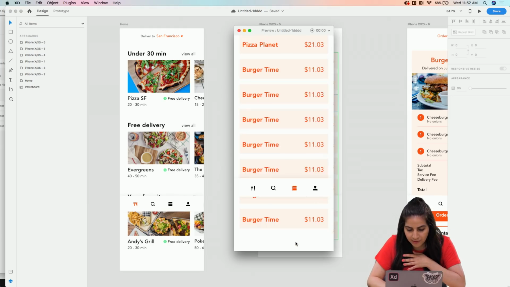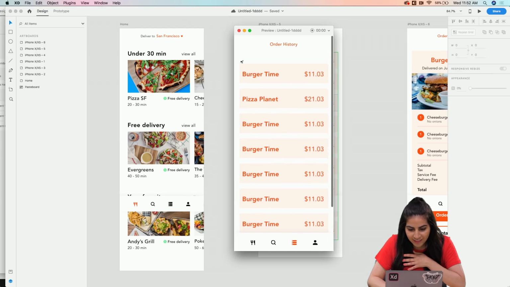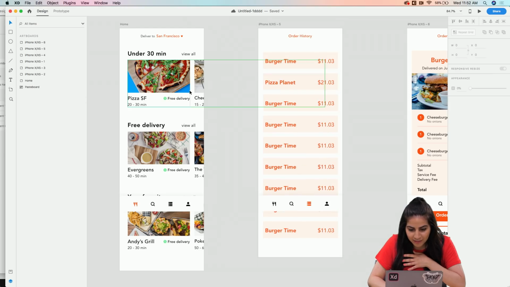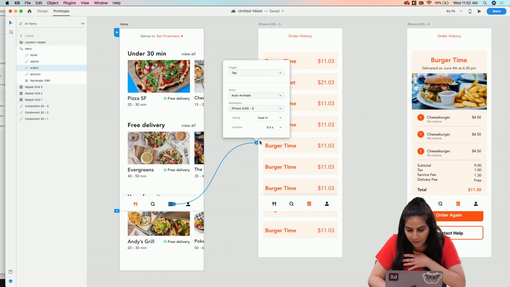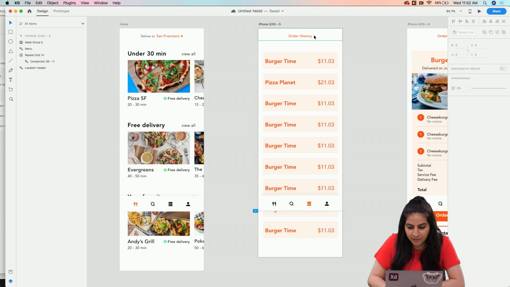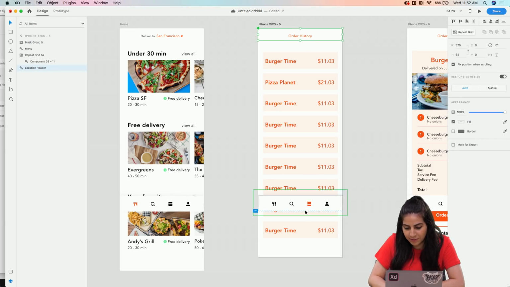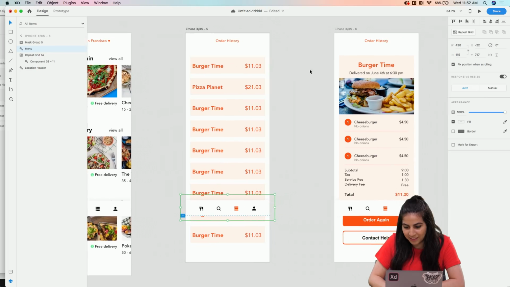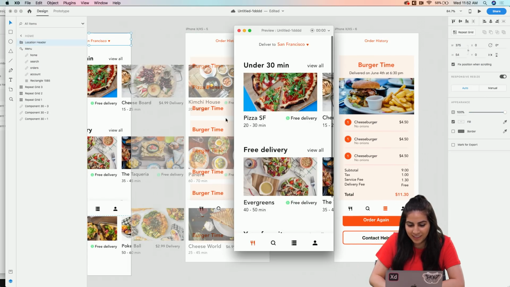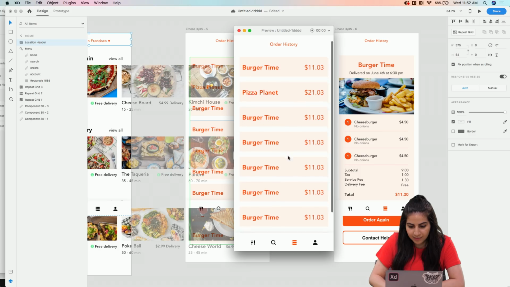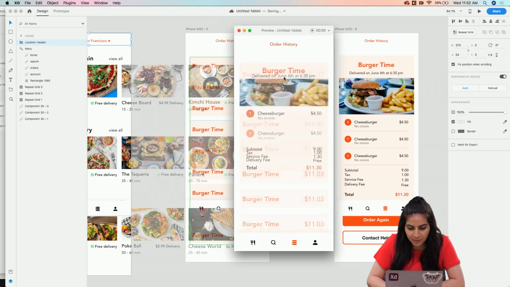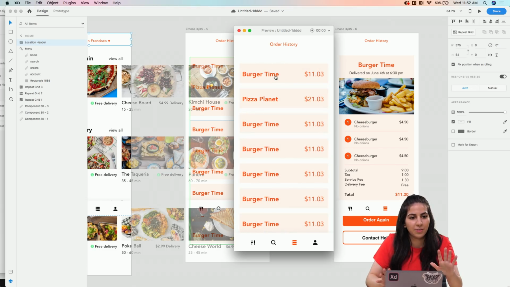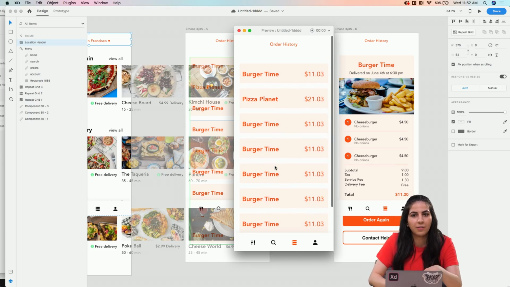So, okay, we can click on this, and then, oh, something on this screen is not working. Okay, let me go back. Okay, fixed position, fixed position. Okay, let's try that again. Okay, yay. Awesome. Yay, so that is the basic order history page, and you can customize this, add other places, but